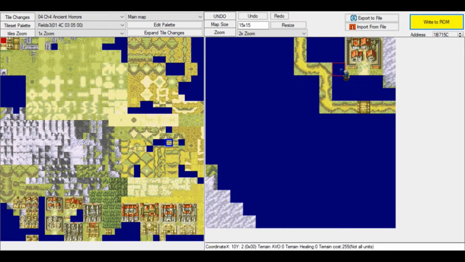But I wanted to do something else, seeing as some people really like to clear a map fast. If you're an LTCer, you might want to complete a map fast, or if you're a speedrunner or just like playing FE very quickly, you might just want to get to this village very quickly. If you're going to put some good loot in here, then you really want to get to that village early. So what I'm going to do is place a snag here. What this snag will do is just stand here, and we'll make sure that it is able to be knocked over in a bit. We'll come to that in a jiffy. But for now, I